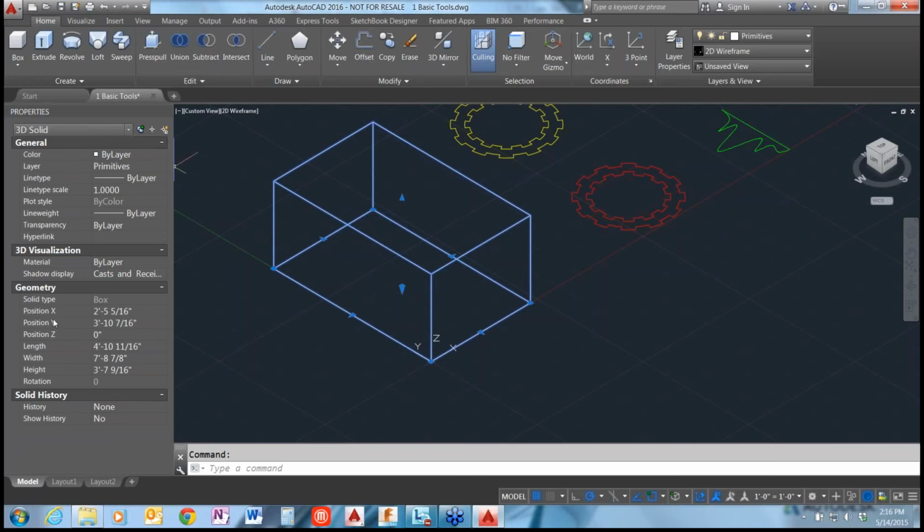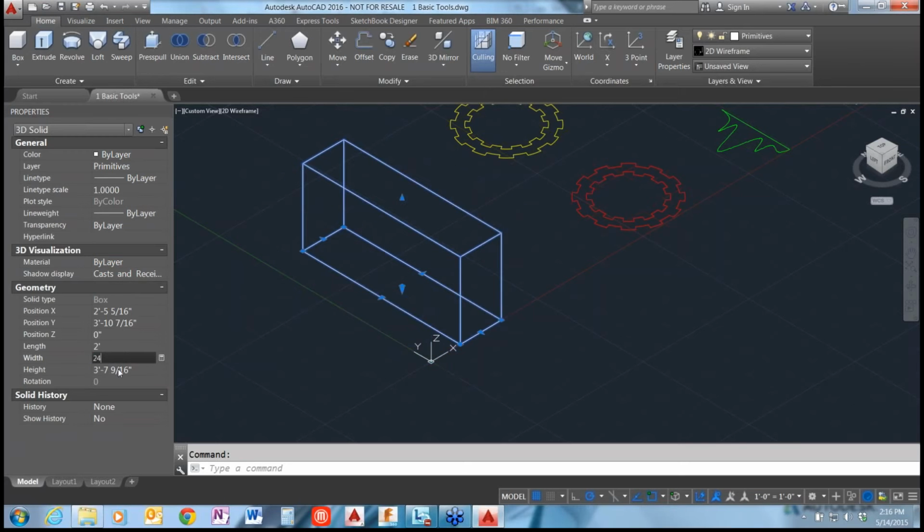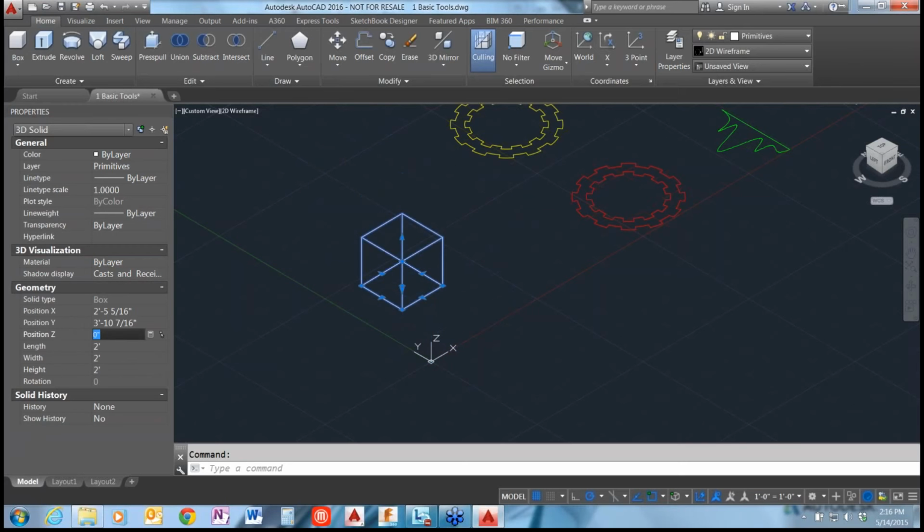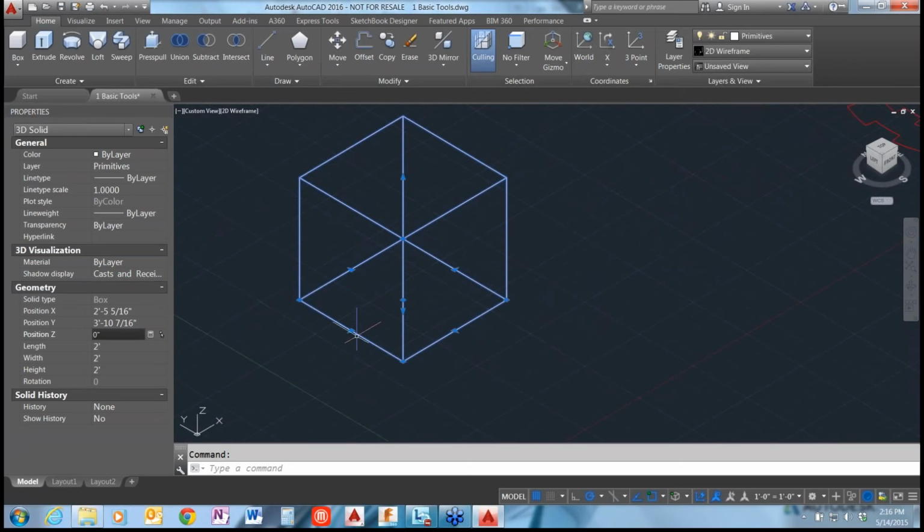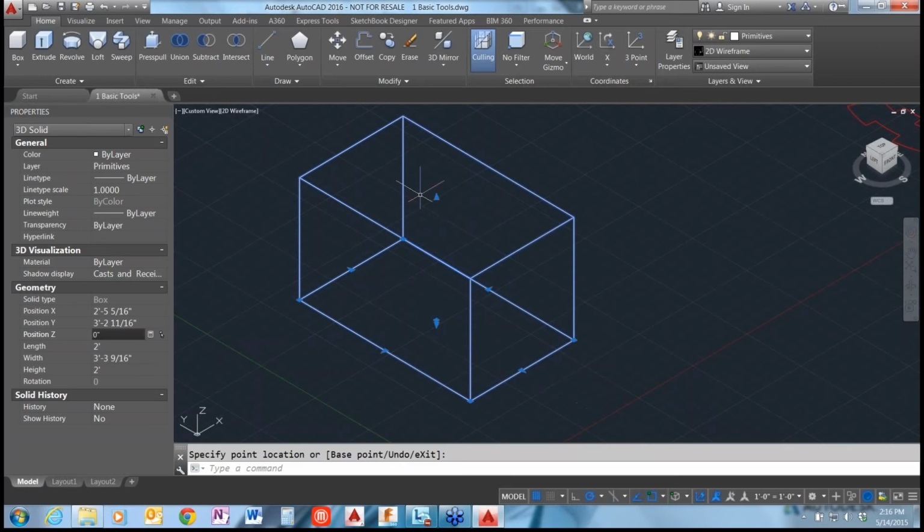So over on the left, you can change the position, you can change the length, the width, the height, the rotation of this box. So let's just change this. Maybe we want it to be 24 by 24 by 24. And you'll notice that dynamically changed very quickly on the fly. You can also zoom in and take a look at these little blue triangles here that are popping out. These are grips that allow you to also manipulate the 3D object. Depending on the 3D object that you're using,